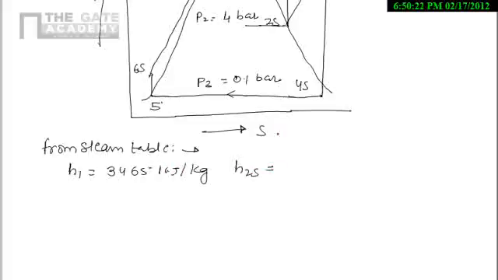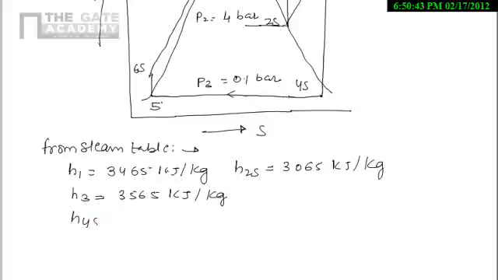H2S we are having 3065 kilojoule per kg. H3, that is 3565 kilojoule per kg, and H4S, that is 2300 kilojoule per kg, and here X is